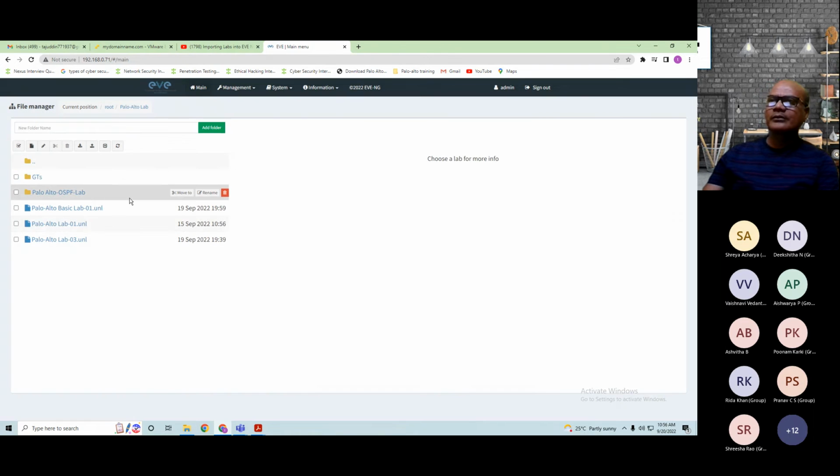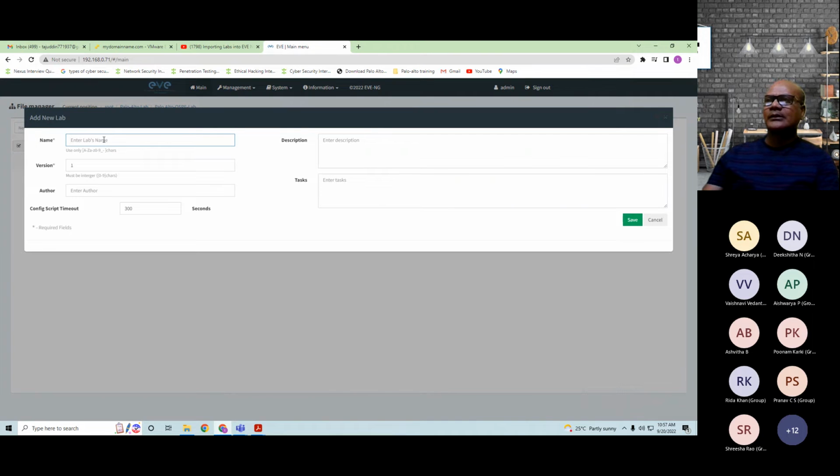We are in the folder. This is PA OSPF. The author name, if you want, you can give the author name, description, task. Okay, so the task is we're going to configure